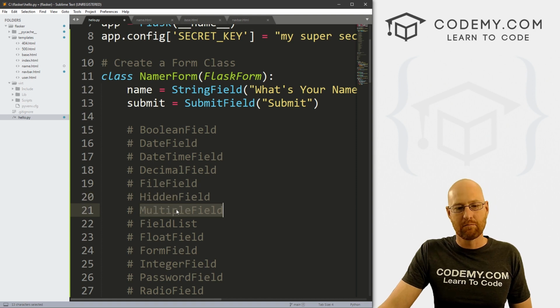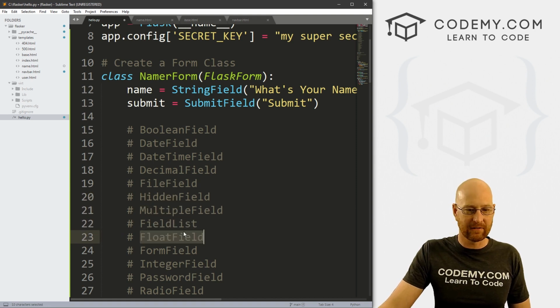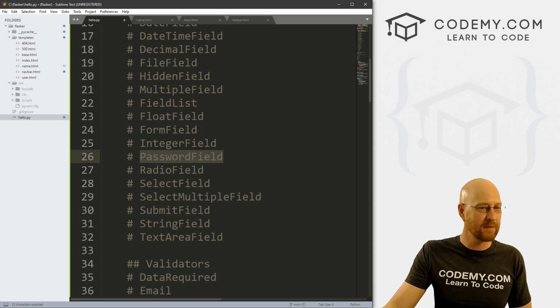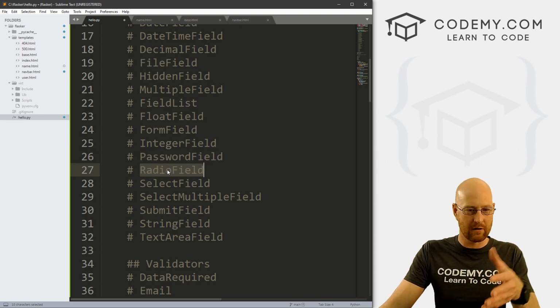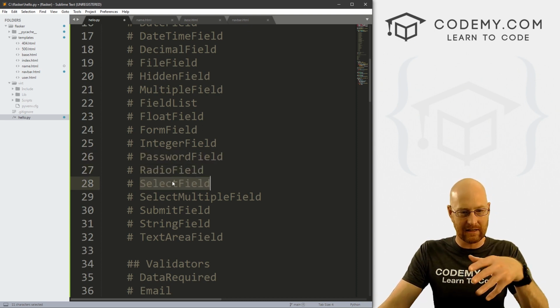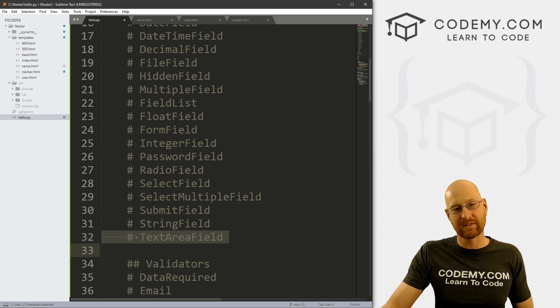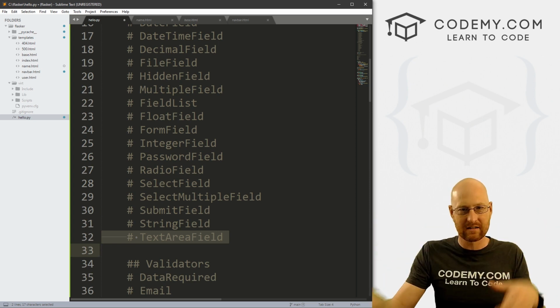HiddenField, MultipleField, FieldList, FloatField, FormField, IntegerField, whole numbers, PasswordField, if you want to do a password, to put little stars on the thing when you type, that's cool. RadioField for radio buttons, SelectField for drop-down selections, SelectMultipleField, SubmitField, we already used that one, StringField, we already used that one, and TextAreaField, that's like a box, like a square box, very